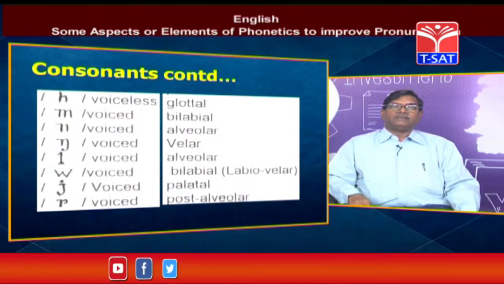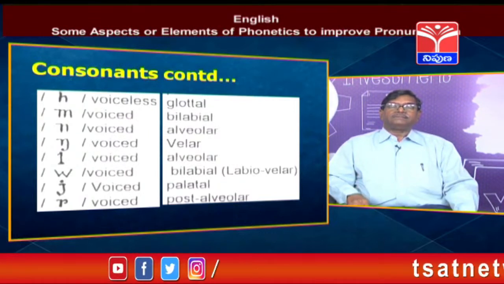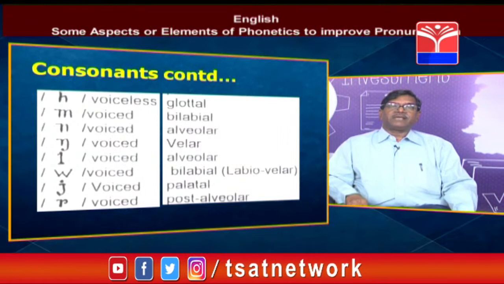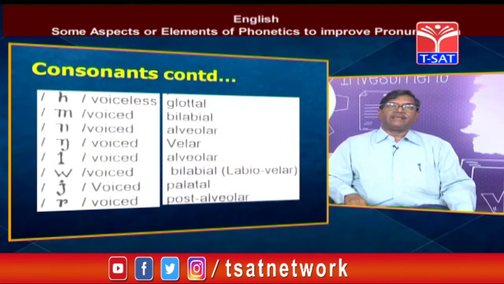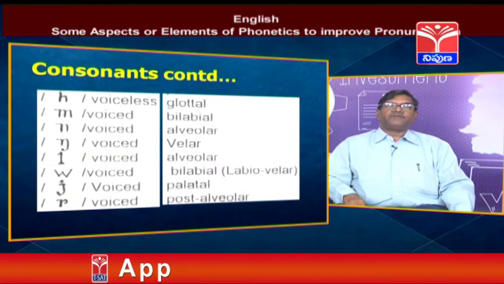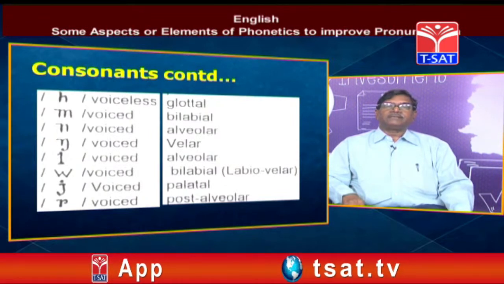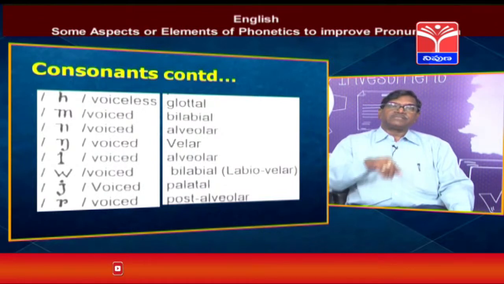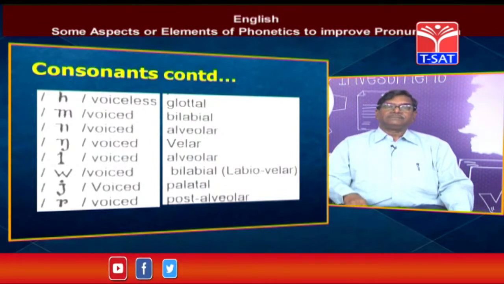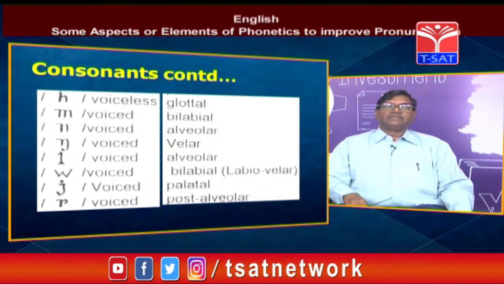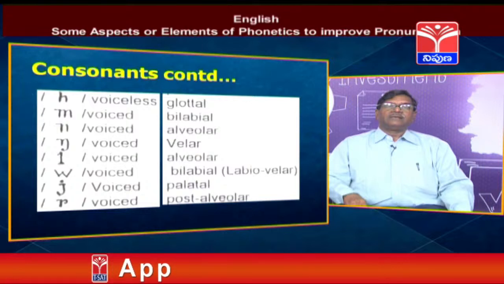M, n, ng. Wherever we have ng spelling like king, finger, like that. Wherever we have ng spelling, the sound is ng. And then l, w. We have, this is bilabial sound,